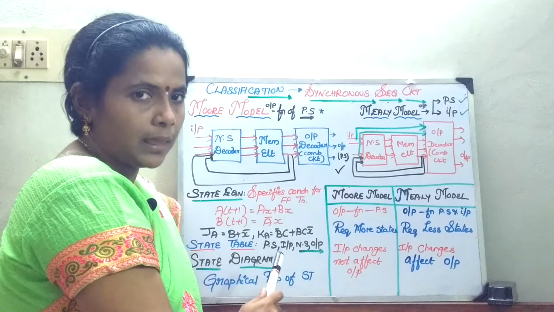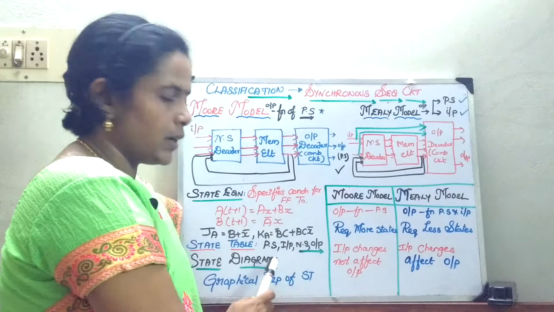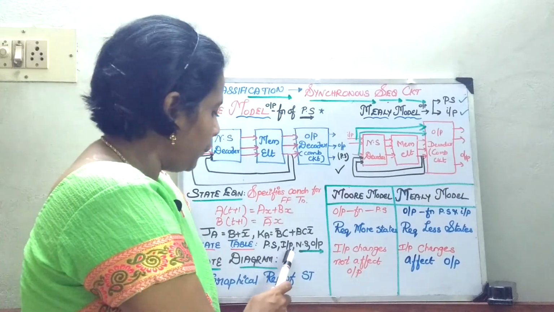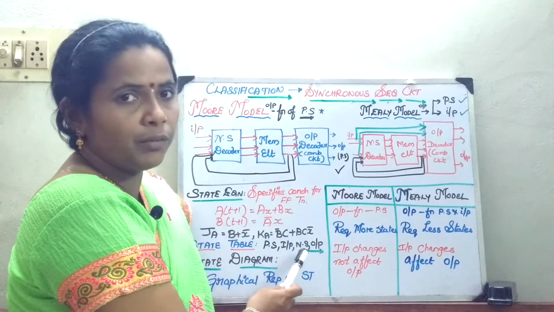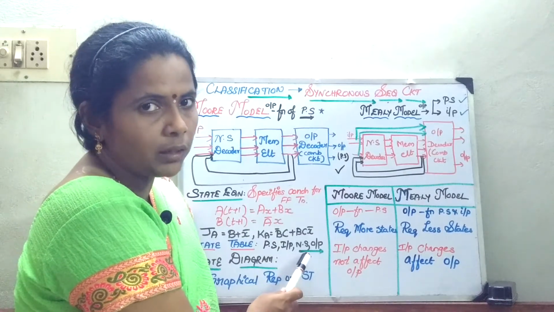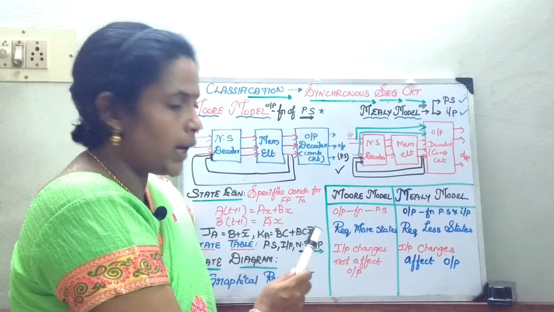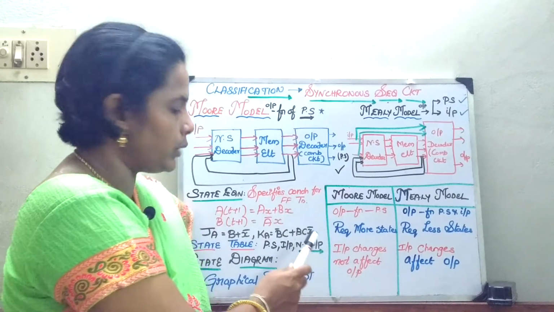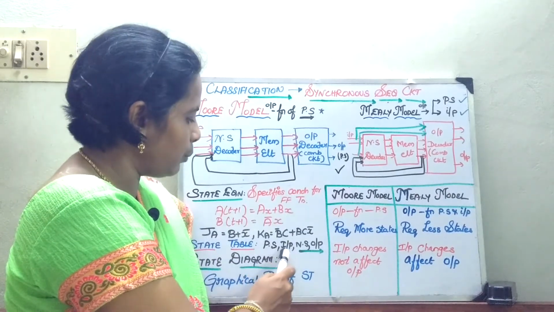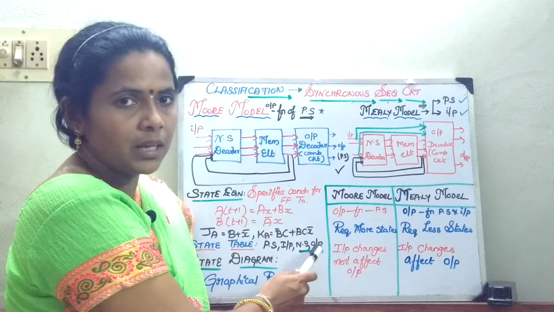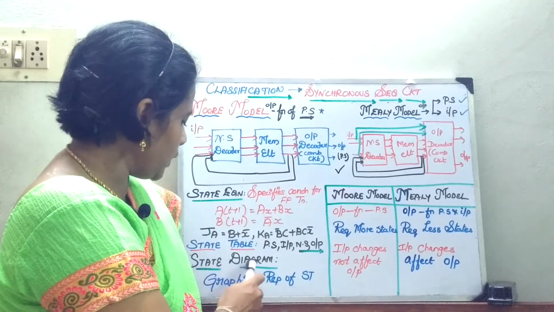The state table consists of four quantities: present state, input, next state and output. If the present state and input are given and you compute the next state, that is your characteristic table. In this characteristic table, if you also take the output into account, then this forms your state table. So present state, input, next state and output together constitute your state table. Now we will move on to the state diagram.